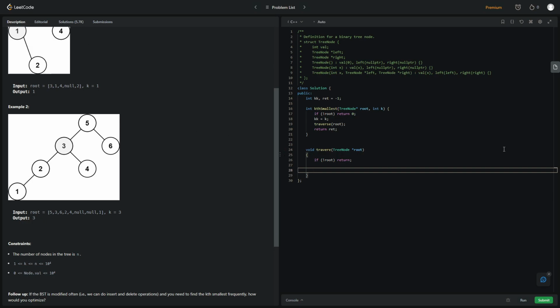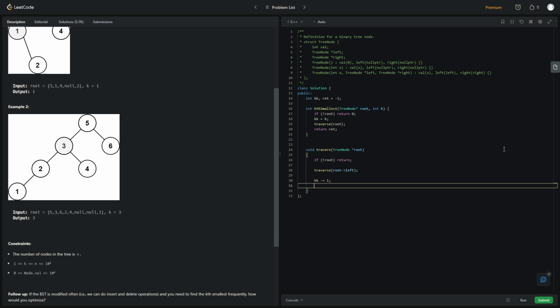All right, so left child, traverse, root, left. And then we do work. So what do we do? Decrement kk. And then we want to see if we've hit our k target value. So if kk equals 0,